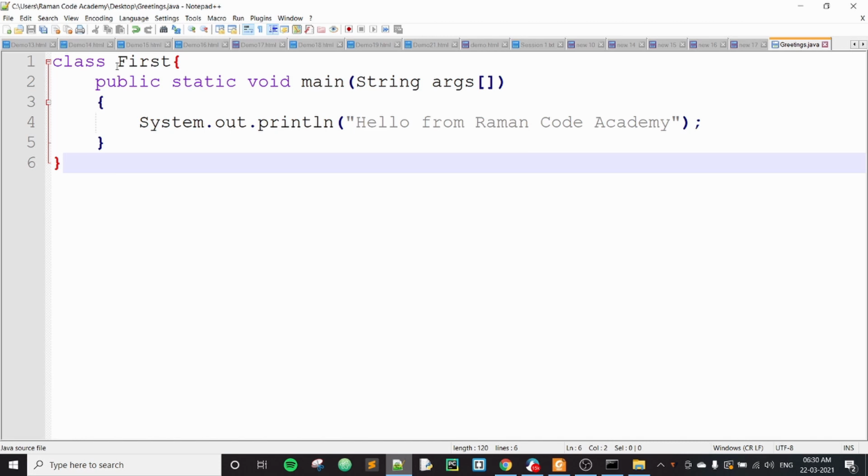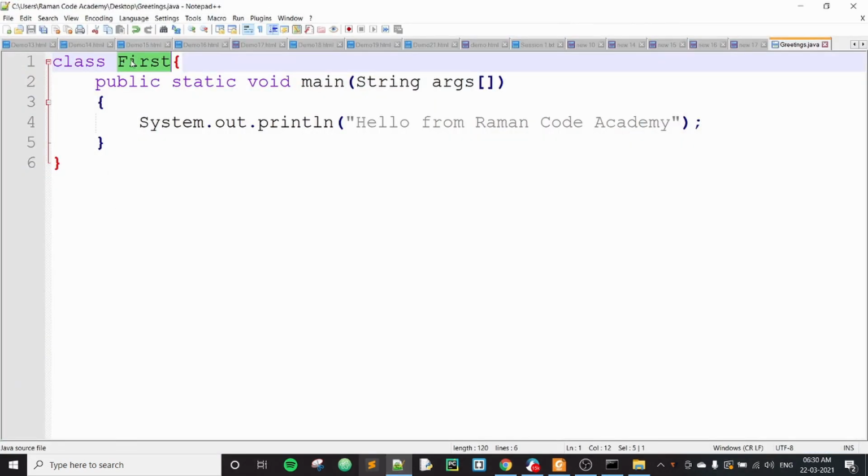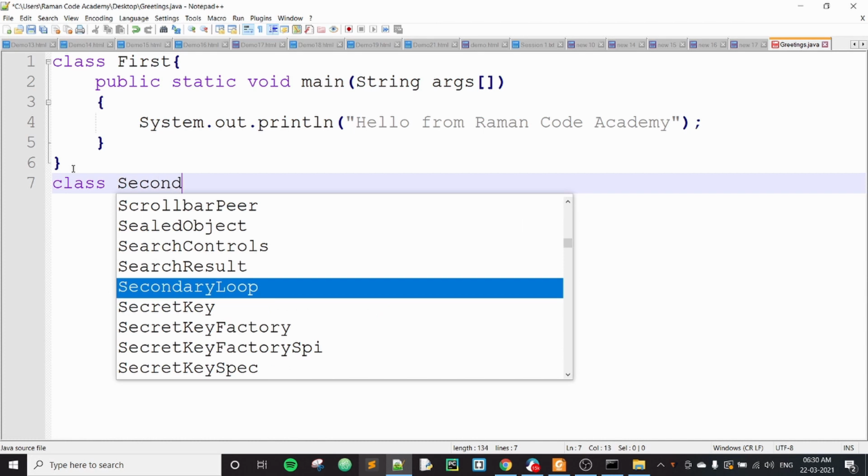Since we have the class name as first here, the class file which is generated also has the name first.class. So now you will have another doubt. What happens if I have multiple classes in a file? Definitely in Java it is possible for us to have multiple classes in a file. So now we have a class called first. What we will do is we'll say class second.